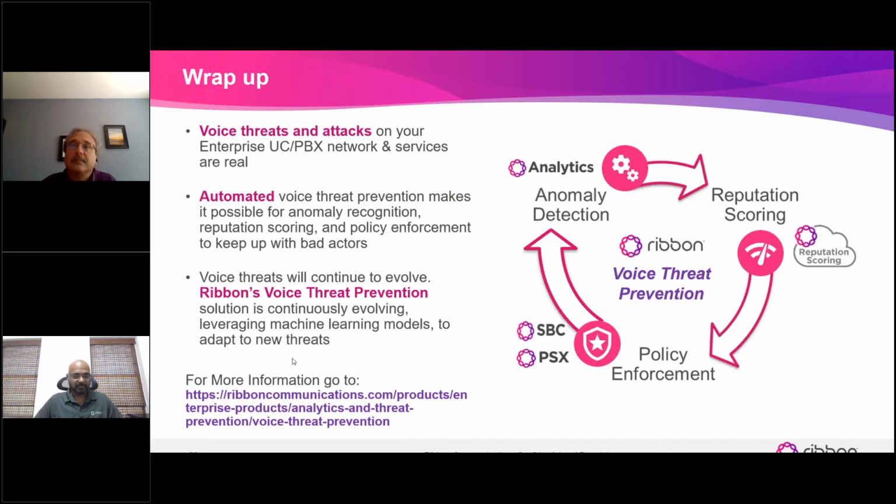So we need a system that's adaptable and dynamic with kind of an analytic system that detects anomalies on a near real-time basis that feeds that information into a real-time reputation scoring system that also gets information from global databases and then feeds that into the policy enforcement function, SPCs and PSXs and so forth, which can then take action on a call-by-call basis. So it's really a closed-loop system that learns along the way and adapts itself to the growing threat landscape. And as we get into newer threat models and so forth, the system keeps evolving and protects